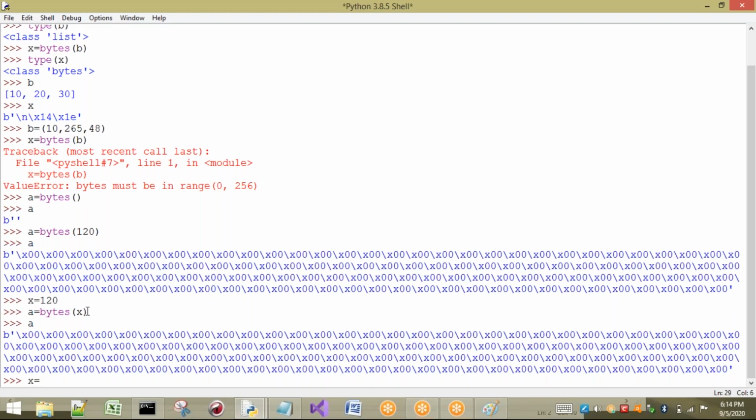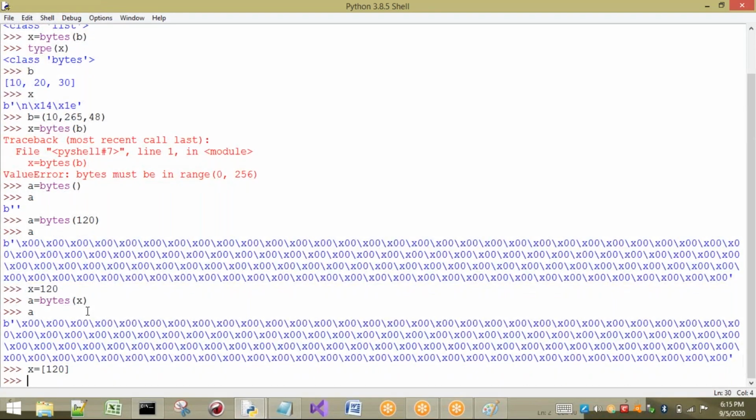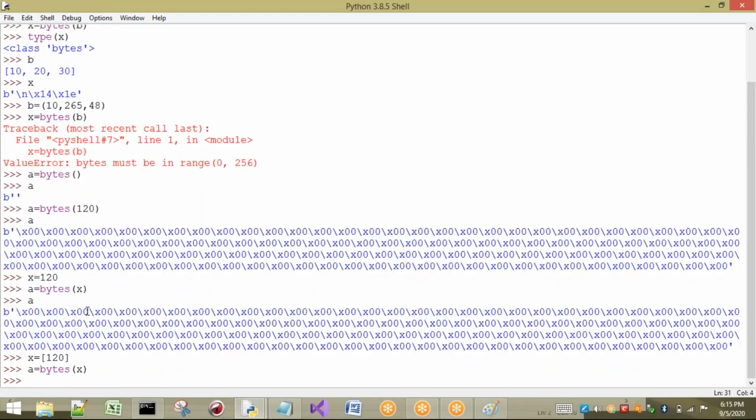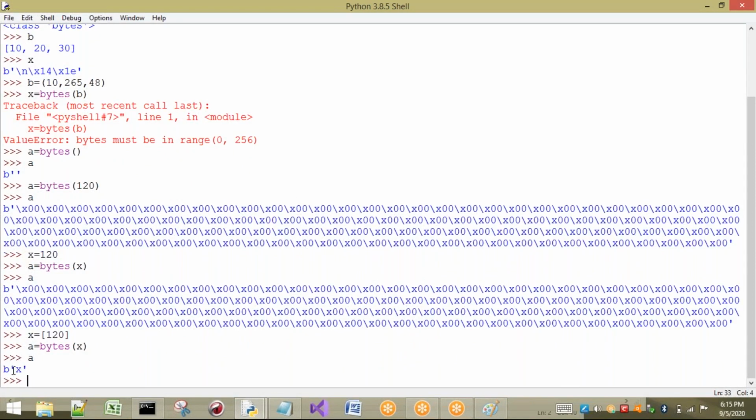Now see, if I place x equal to 120 in this way, let us see what happens. So a equal to bytes of x. Now print a. See, it is going to give some value. So a list of values should be taken here.